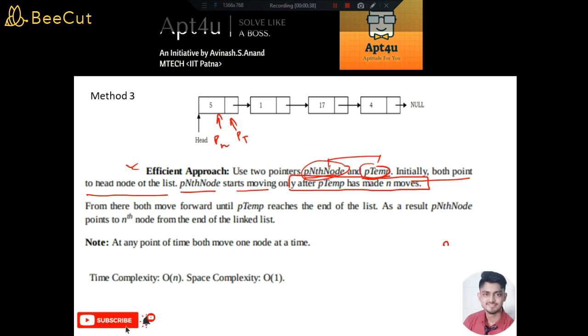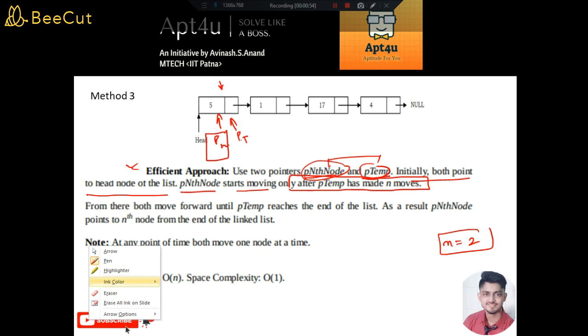and suppose the user enters n is equal to 2, right? So we will not move this node until p temp has made n moves, until it has visited 2 nodes. So basically it has visited 1 node here, alright. This is the first node it has visited. Now this particular pointer PT will now visit this node, right? So now basically PT has visited two nodes,